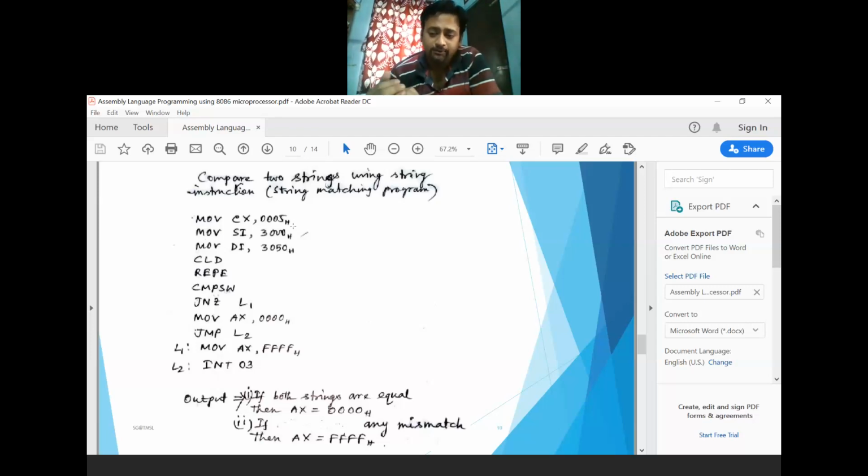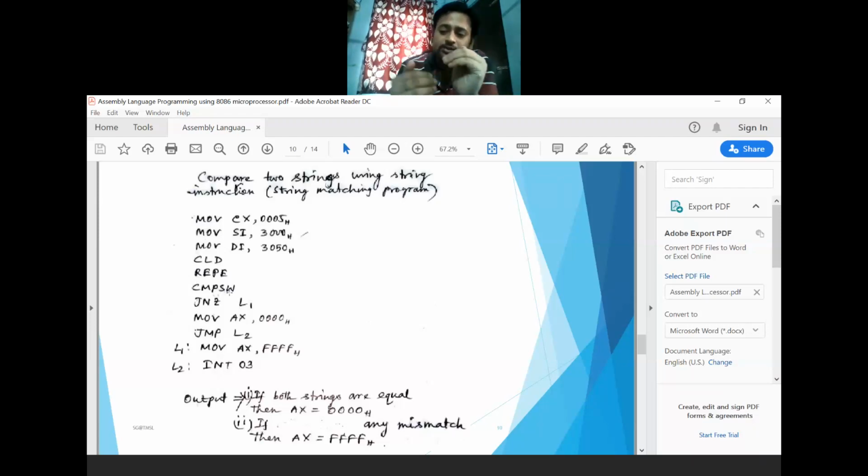Then what do you need to perform? You need to compare these strings. Actually, these are called string words. Now, CMPSW is used for comparing string words. Suppose there are two strings, each occupied by 16-bit data. So 16-bit data is called one word. So 16-bit data will be compared to another 16-bit data, which is operated by this instruction CMPSW, compare string word. So every string word will be compared to each other.